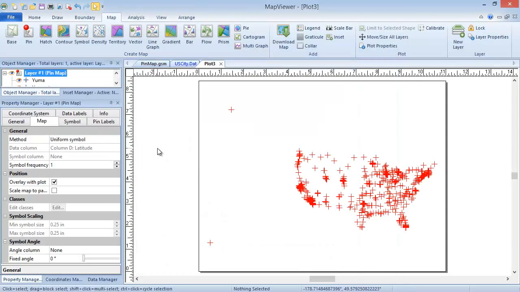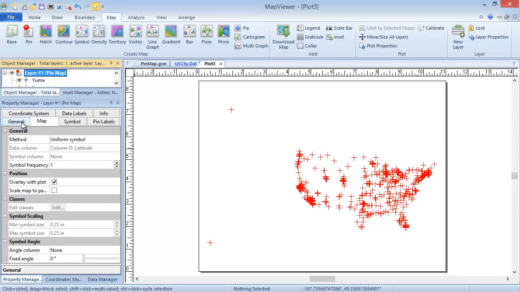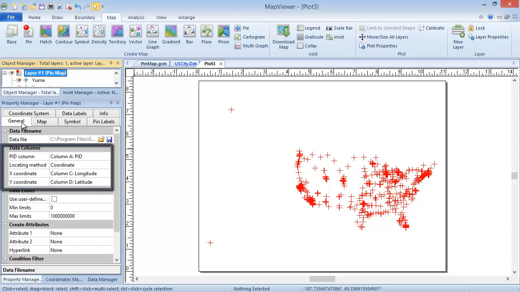Now that the pin map is created, it's quite easy to edit the map properties. The first step for editing the map properties of any map type is to select the map layer. So click on the pin map layer in the Object Manager if it's not already selected. The map properties are displayed in the Property Manager. Since our PID, locating method, X-coordinate, and Y-coordinate columns in the General tab are already set correctly, I'll just quickly